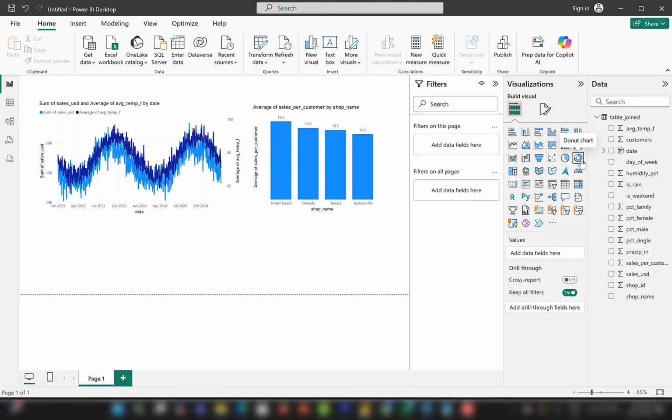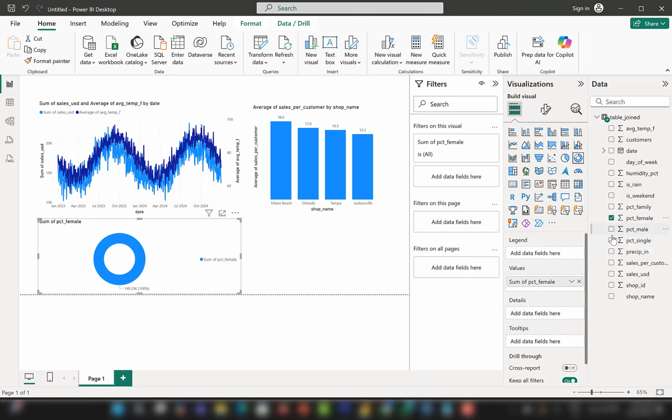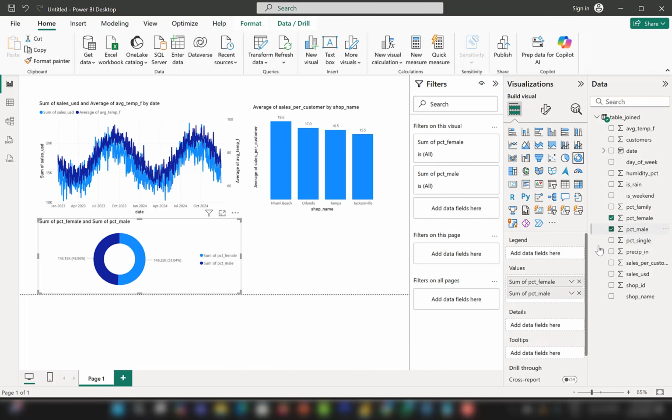I'm going to use this donut chart, and then I am going to get the male and female percentages. Now, this is if we have male and female here. Let me just show you what happens. So, and then I put male and female. You can see